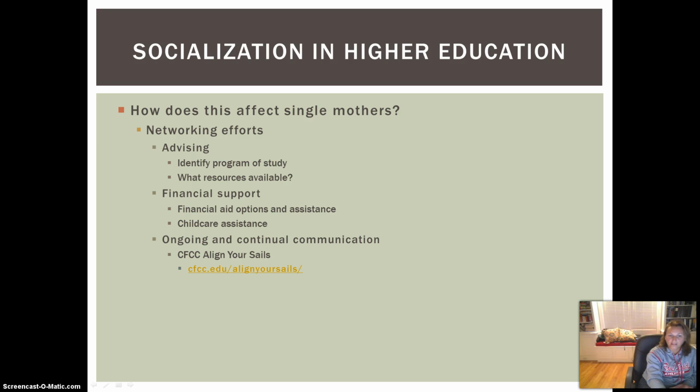Written and Reason stress the need to meet the varying needs of student populations. The first step in meeting those needs is identifying those populations of students that are at high risk of not succeeding. Single moms certainly fall into this category. One of the keys to socialization of diverse students is structuring networking opportunities and support structures to meet the needs of the students. The students are often leaving familiar networks, so this is really important.